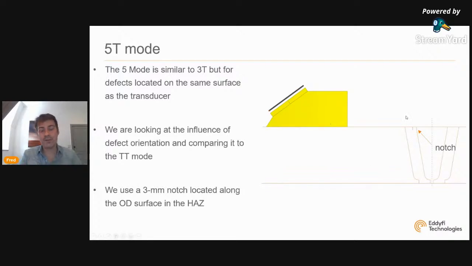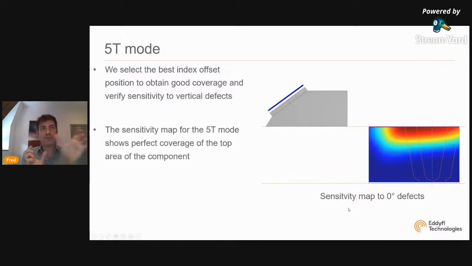So the 5T, in the same way as the 3T, is effective for vertical defects located on the same side as the transducer. So we are going to look at the same influential parameters as 3T. Essentially, defect orientation and thickness measurement, using a 3 millimeter notch this way. Actually, this notch. I adjusted my index offsets to make sure that I have a good sensitivity